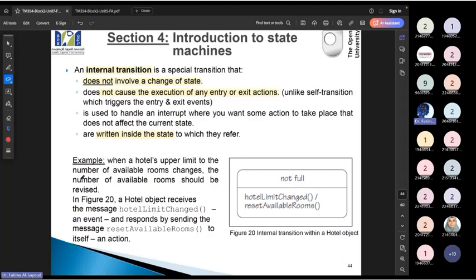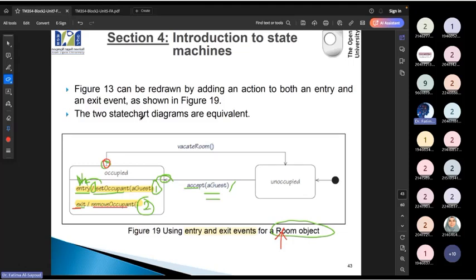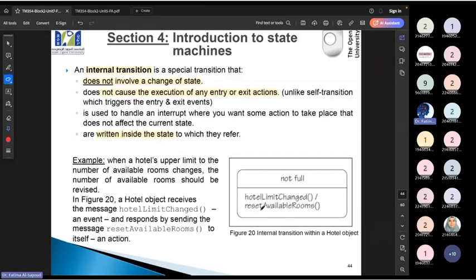طيب, there are some transitions that don't cause any change of status. يعني ما تنقلنا من حالة إلى حالة, لكن we need them inside the status. Such as if you would like to change a limitation. احنا قلنا مثلا الهوتيل in our example, the limitation of our hotel is 100. In any case, you would like to change this limitation. So you can have an event inside the not full status, إن هي الفندق لسه مش معبى, called hotel limit change. راح أغيره. إيش اللي راح يترتب عليه? What's the action related to it?